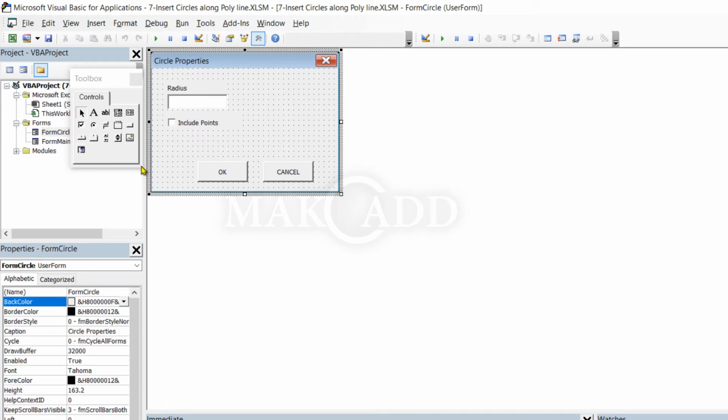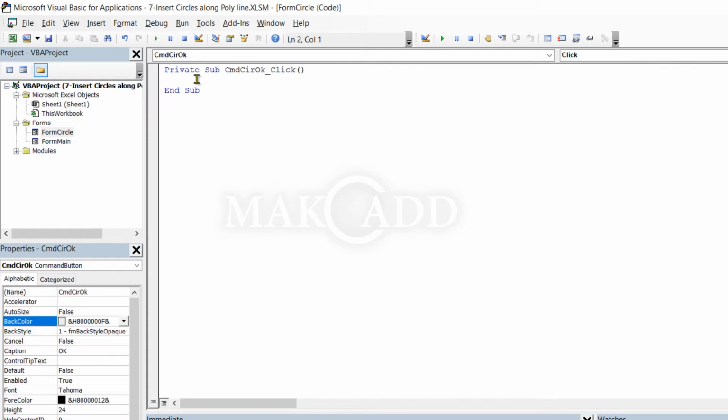Here in the form circle we have only two data, that is radius and this checkbox include points. So we will assign this text box for radius to the radius variable, and the checkbox value to the boolean include points. So double click the OK button in form circle, and in the click event procedure assign values to the variables. From the text box, radius is equal to text radius dot text.